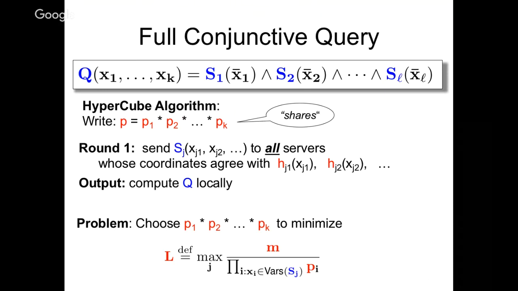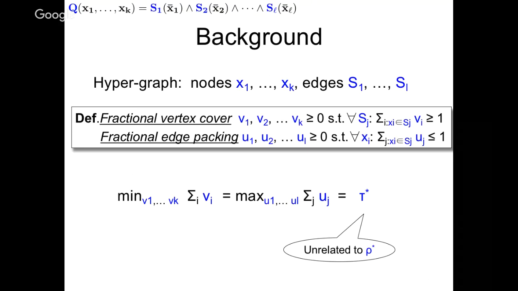And the load, I'm going to replace a sum with a max here. So I'm going to compute the load due to Sj, and this quantity is m divided by the number of buckets that we use to partition Sj, which is the product of p_i's for all the variables in Sj. And instead of sum, I'm going to use max. And this is a loss of a constant of at most L. Since we use max, this can be actually optimized by applying logarithm. I'm going to show you directly the answer, but I still need a short detour into